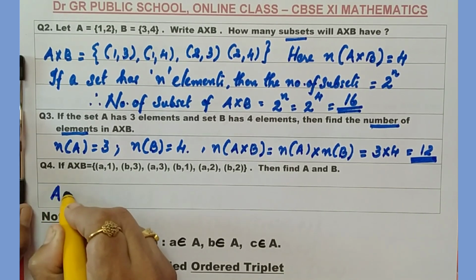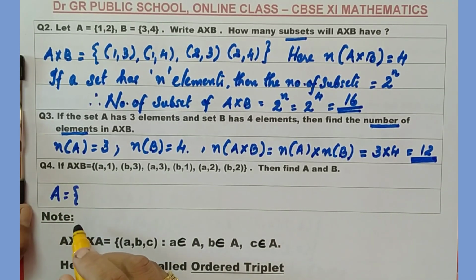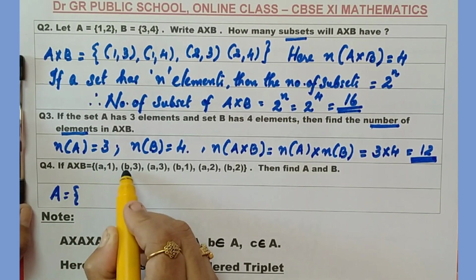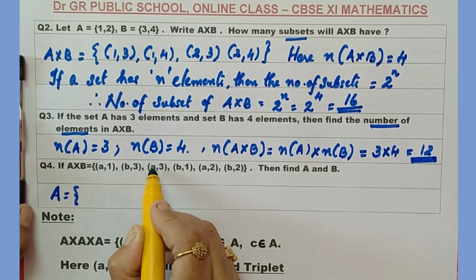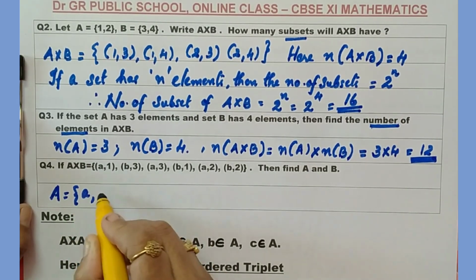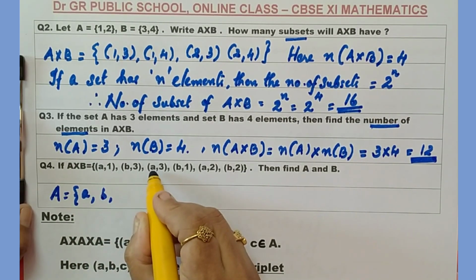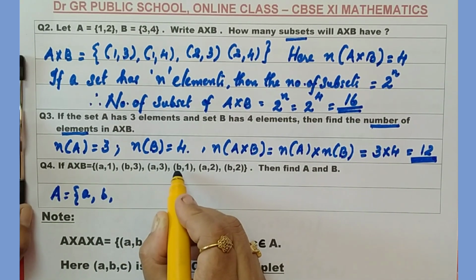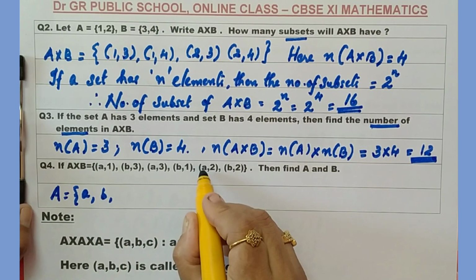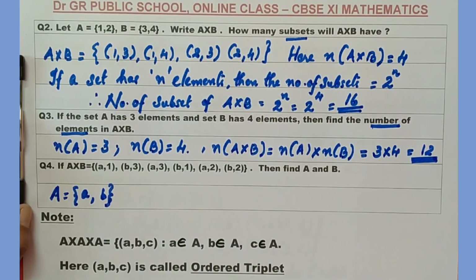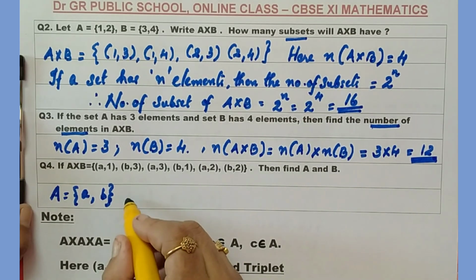You know that the set A will consist of the elements in which, in the set A cross B, the first element is from the set A. So, which are the elements in the set A? The first element A, the second element B, then again the first element is A. So now I need to write it again. Then here the first element is B, already written, here A, B. So the set A will be elements A and B.